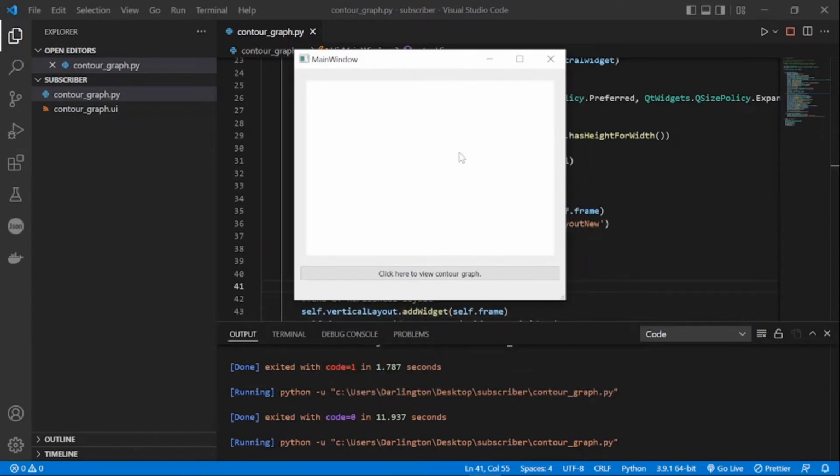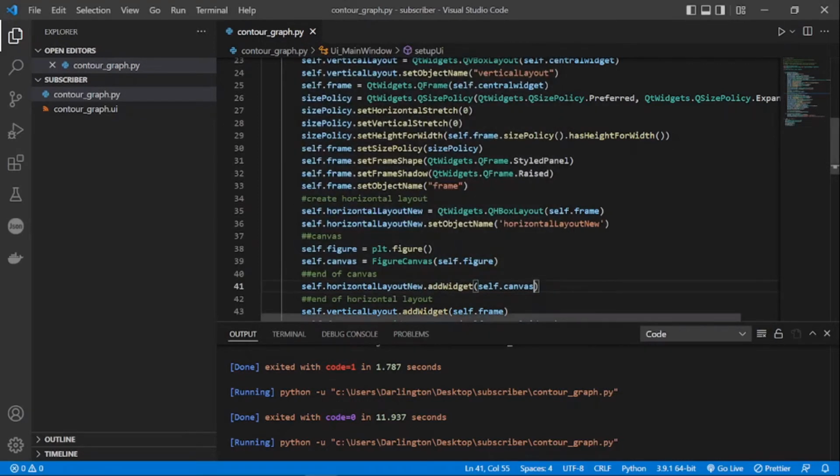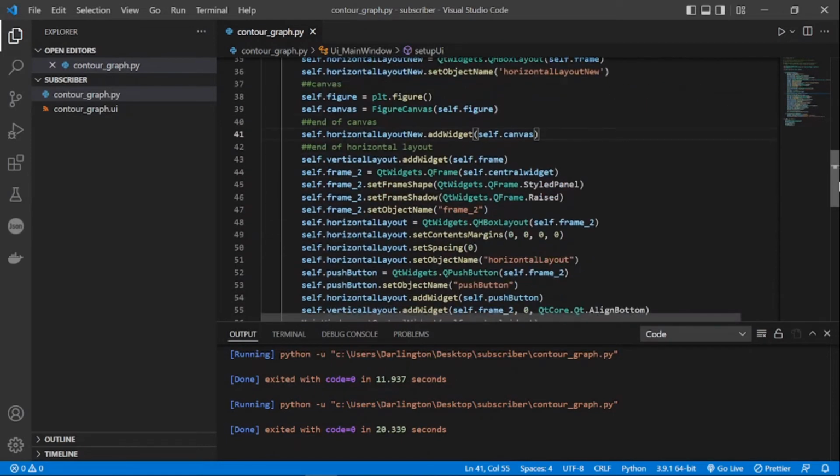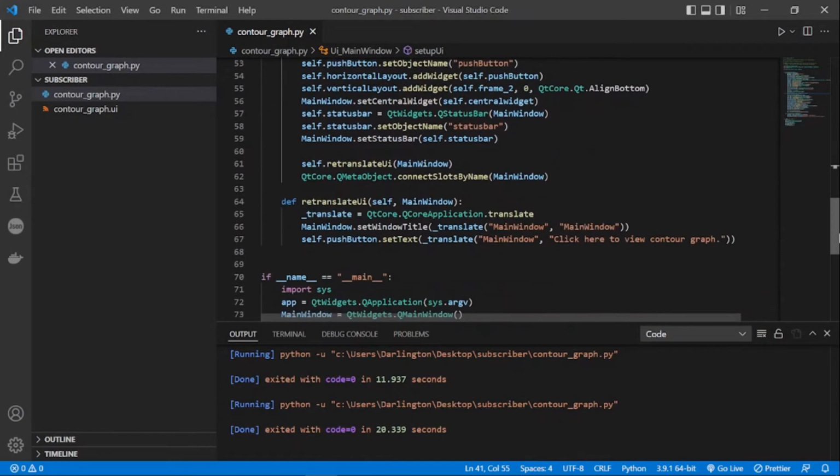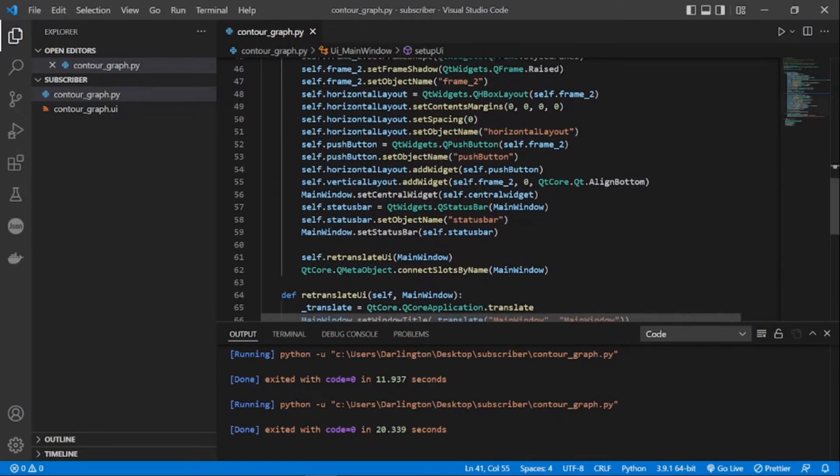All right, so this is where the graph would be displayed. Okay, so we have our canvas neatly on the frame. Okay, so we'll cancel that and now head down to the push button. See, so this is where the push button is. Okay, this is the push button. All right, so I'm going to come here. It's in frame 2, so I'm going to say